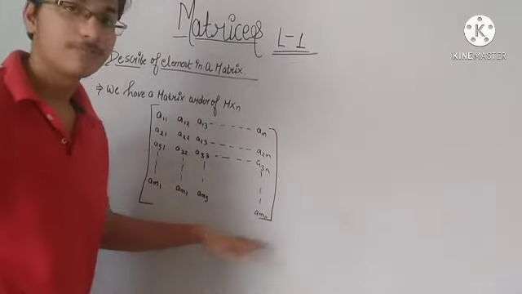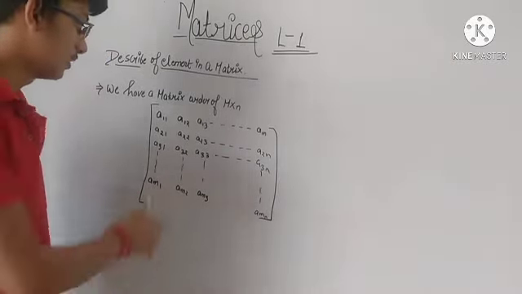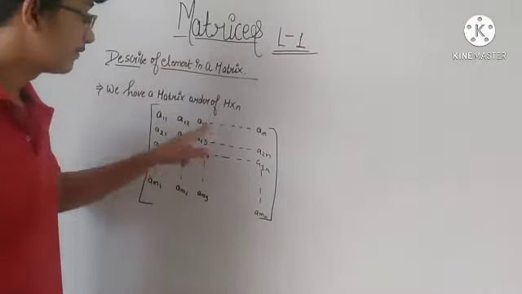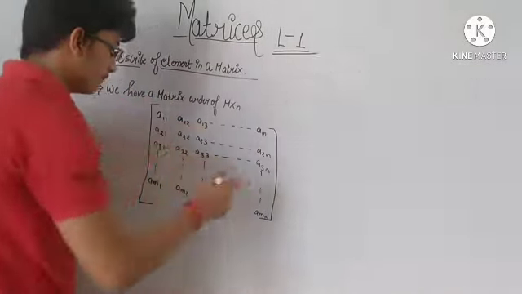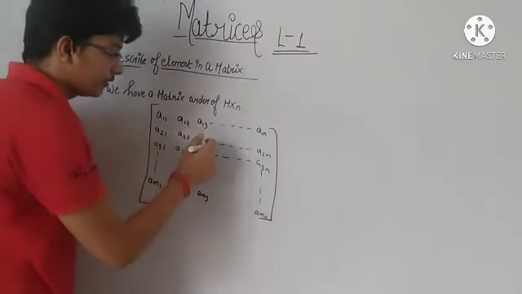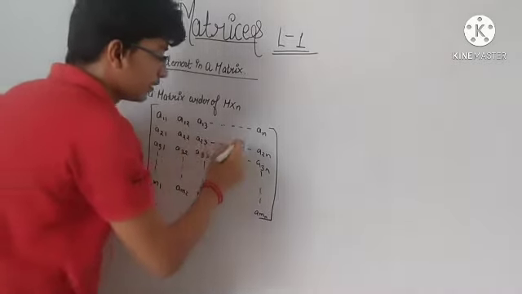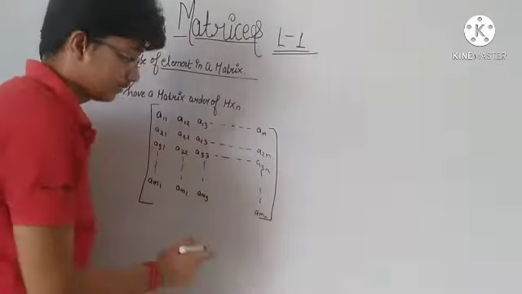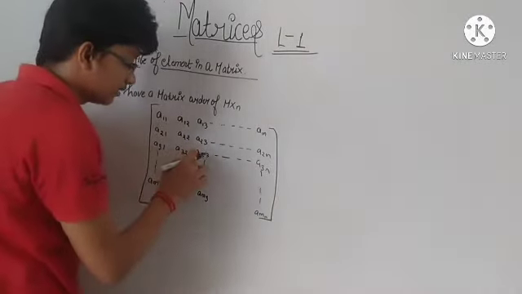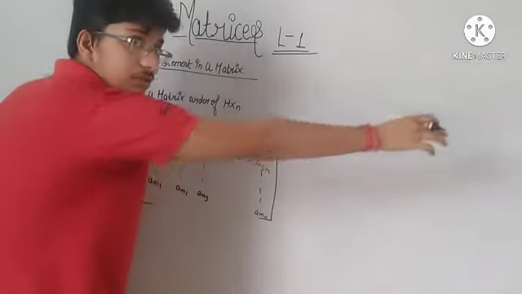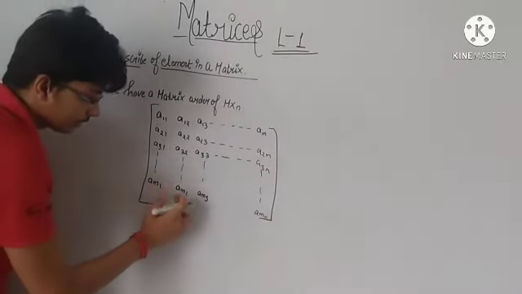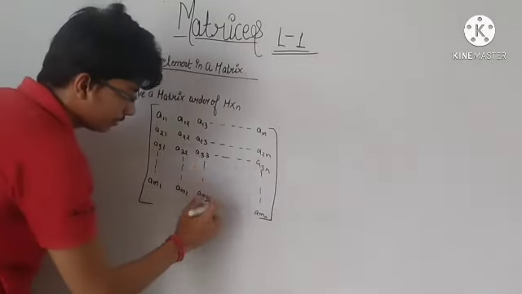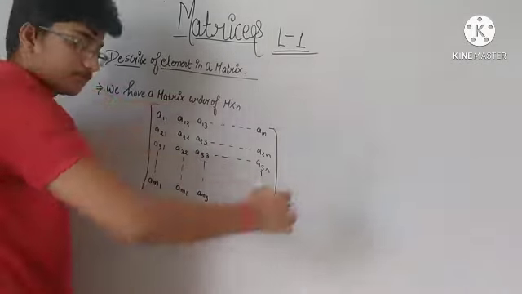सो ये भी हमारी ऑर्डर ऑफ मैट्रिक्स m into n की। A11, A12, A13, A1n इनफिनिट इसके आगे कहीं भी जा सकती है। A21, A22, A23 इसके आगे कहीं भी जा सकते हैं, A2n तक। A31, A32, A33 फिर आगे कहीं भी A3n। ऐसे नीचे तक आएगी AM1 तक। ये सेकंड रो AM2, थर्ड कॉलम AM3, AMn तक।